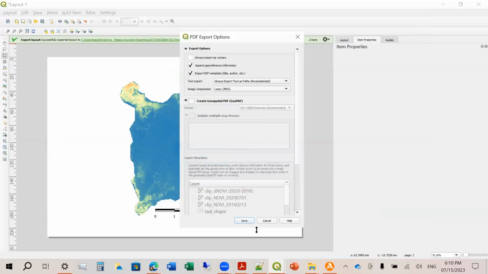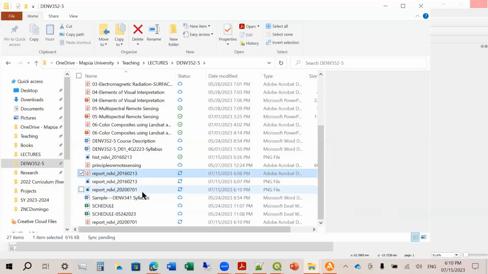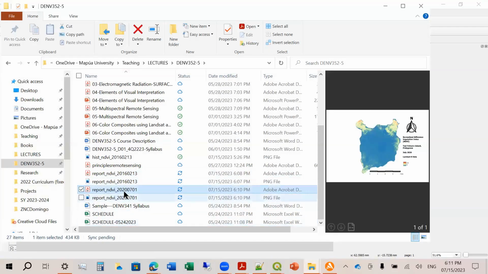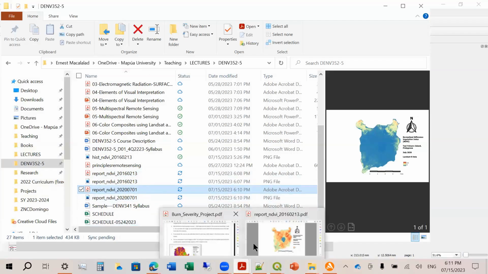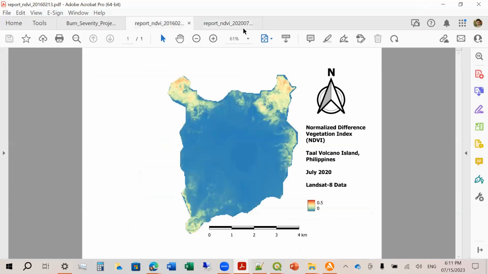Then save. Okay, then let's open the PDF file that was generated. So this is 2016. This is 2020. So you notice the consistency in the image.